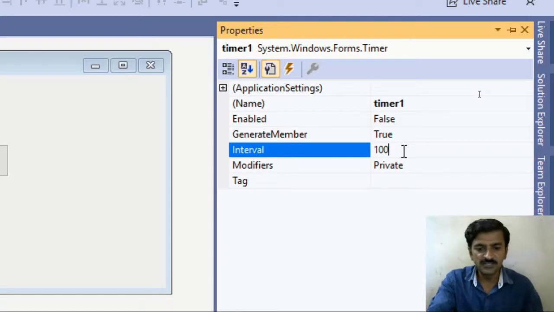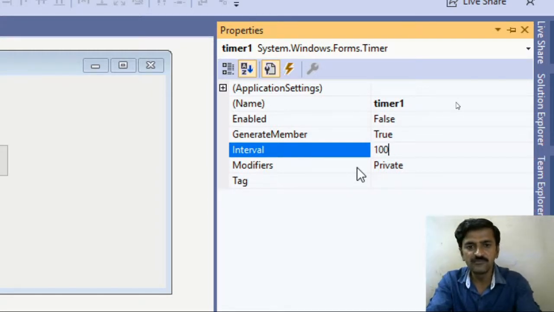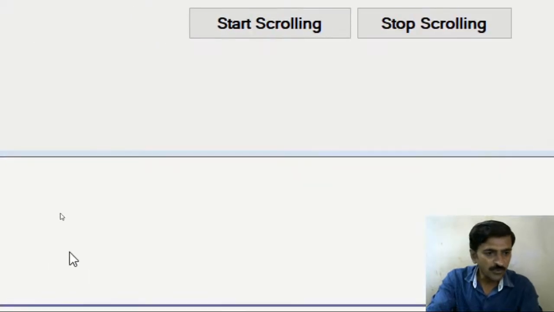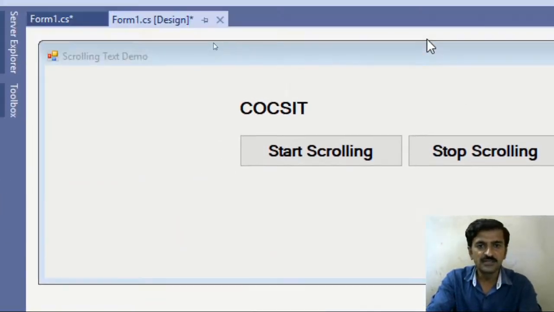If we set 1000 here, the timer will perform the task we provide after 1 second. And if we keep the default value of 100, the timer is going to perform the task that we have provided 10 times in a second.